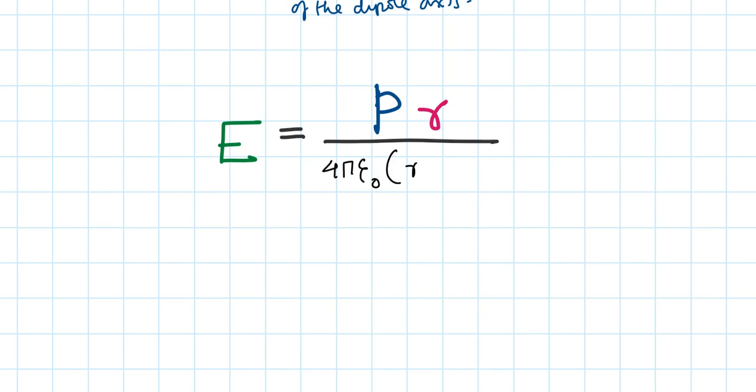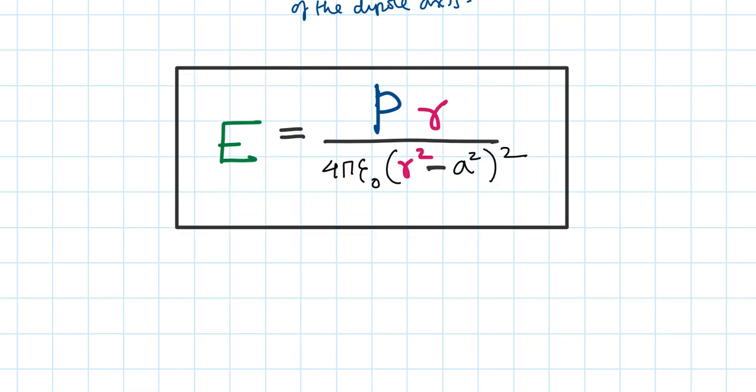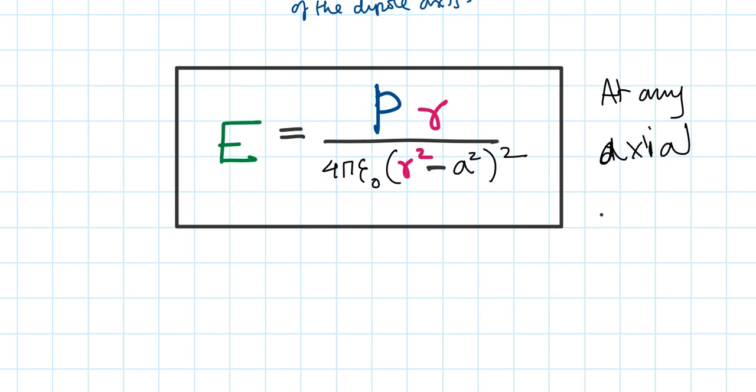In the bracket we have the distance again, R squared minus half of the dipole length A squared, the whole squared. So this will be the electric field at any point. This will be the magnitude of the electric field at any point on the dipole axis, at any axial point, whether it be in region 1 or region 2, the magnitude will remain